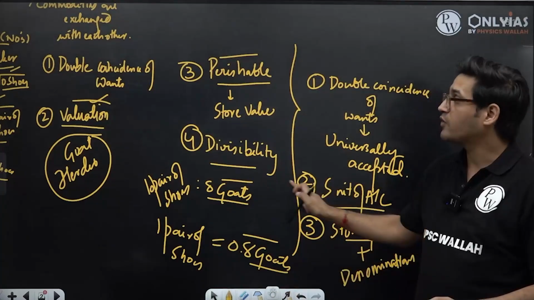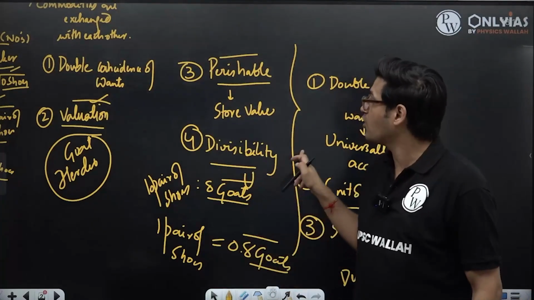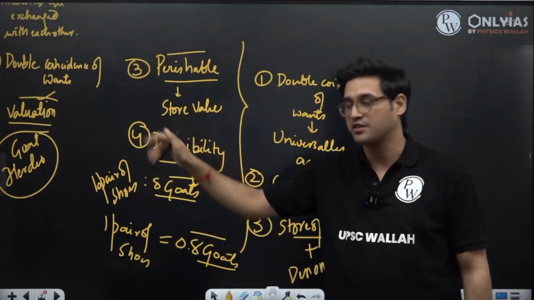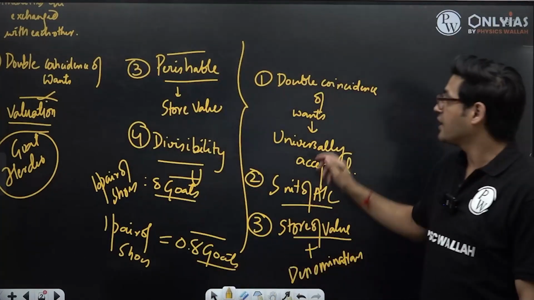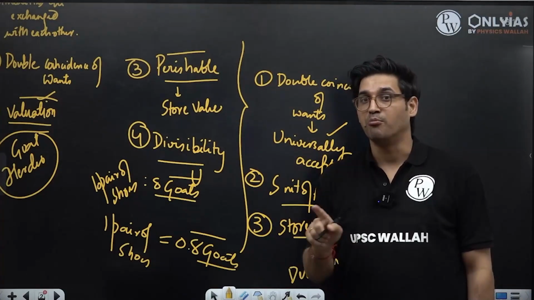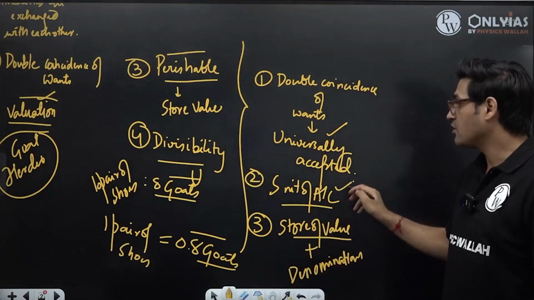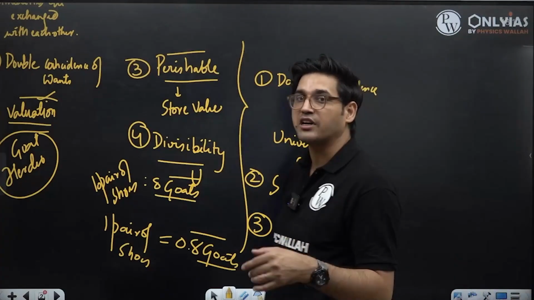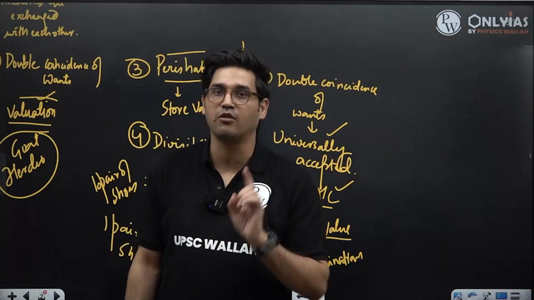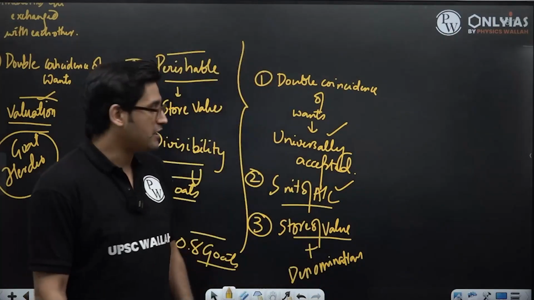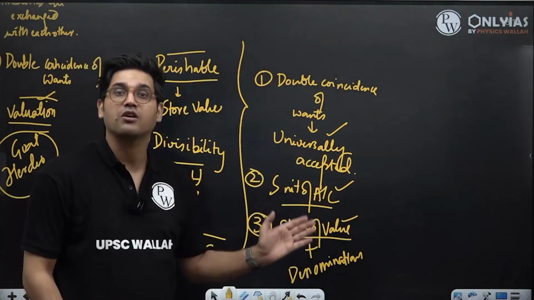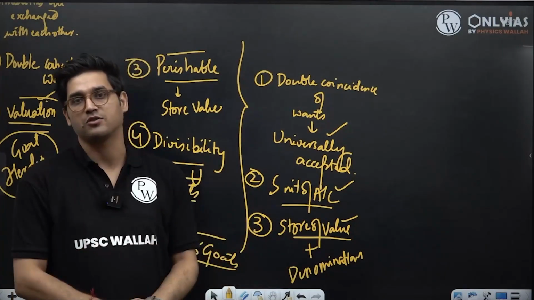Which is to say, what was money? Money was that one common commodity which solved for all the problems of the barter system. Money is a universally accepted medium of exchange. Money is something which is also a great unit of account. It is very simple and easy for us to express the value of other commodities in the form of money. Money is also something that holds value for people across time. That one commodity is called money.